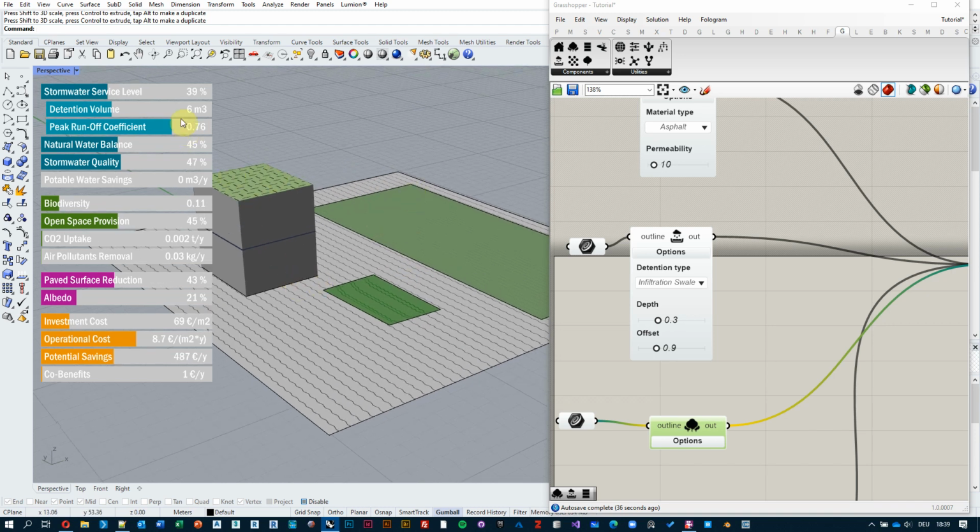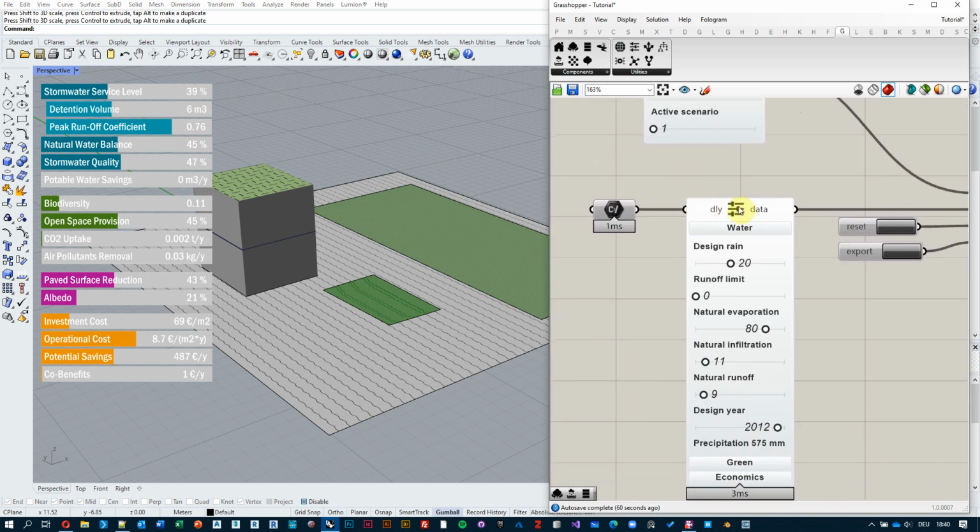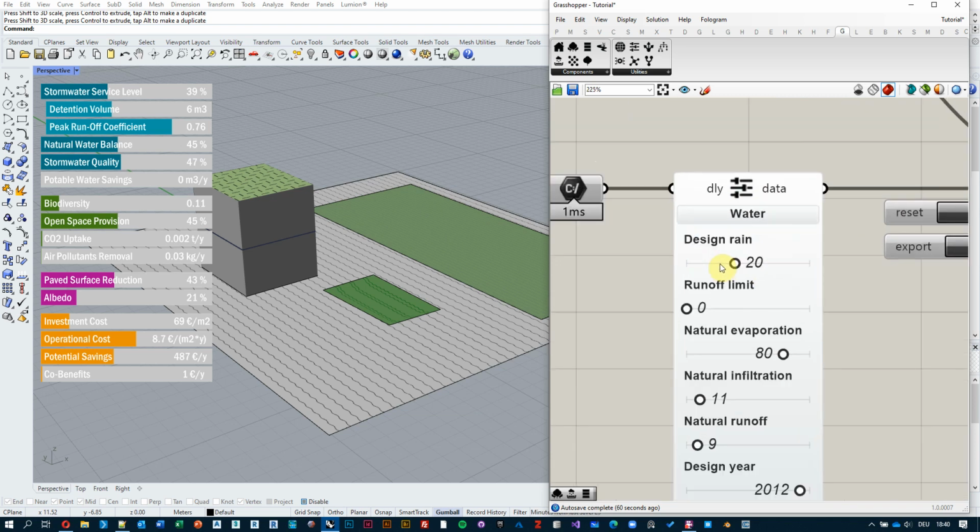And the reason why there are multiple ways of addressing the same target over here is that it's a compound calculation, right? So it's looking at what is the peak runoff coefficient for the entire site, and how much water is hitting the site during our design rain event. And this one is controlled through our data input over here. Right now we're looking at 20 millimeters of rain, and it can correspond to, let's say, a 10-year event,